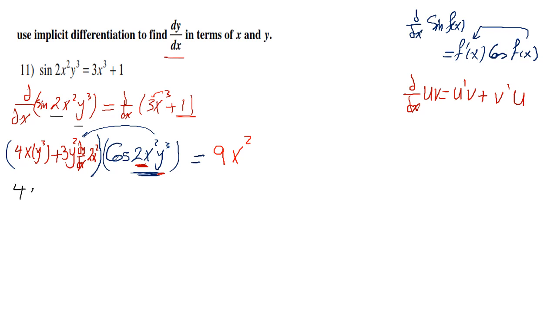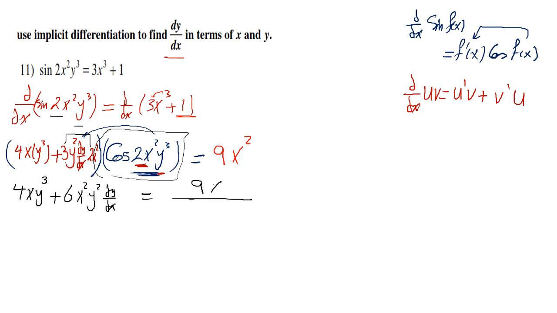I'm going to write it as 4xy squared plus 6 after multiplying 2 by 3 x squared y squared dy by dx, and I'm going to move cosine 2x squared y power 3 to the other side, so it's 9x squared divided by cosine 2x squared y power 3. Now I'm going to subtract 4xy power 3 from both sides,